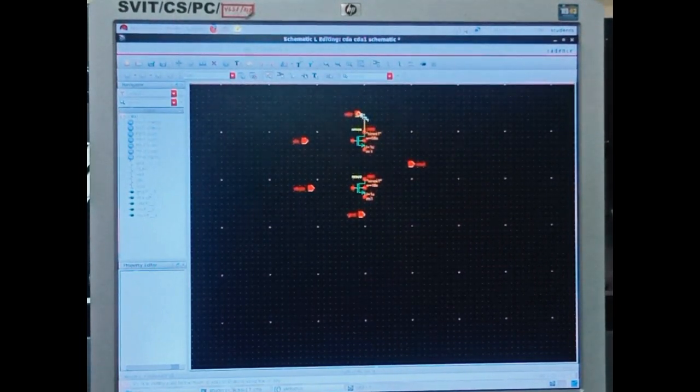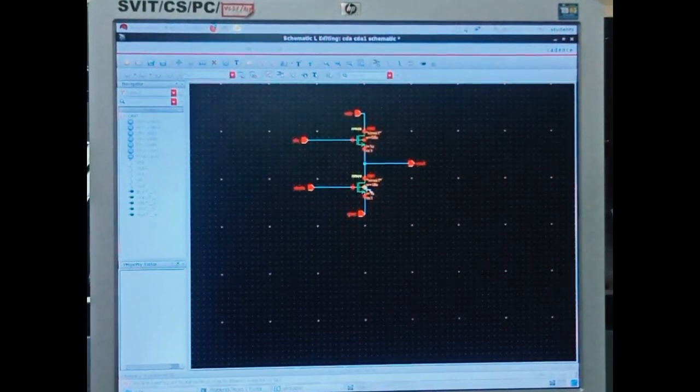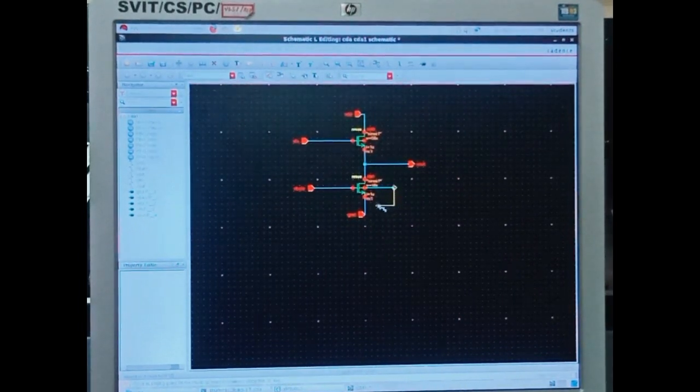Connect it using a narrow wire. The substrate of the first NMOS is directly connected to the ground and the substrate of the second NMOS is connected to the source. So VDD to the drain of the NMOS.